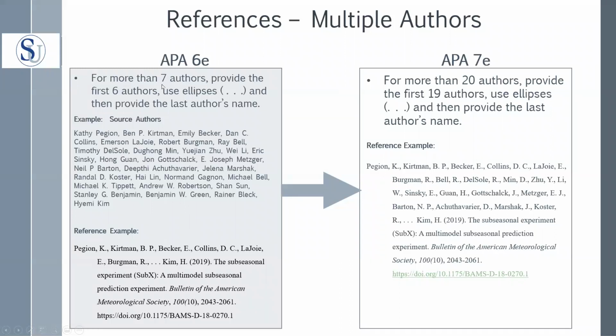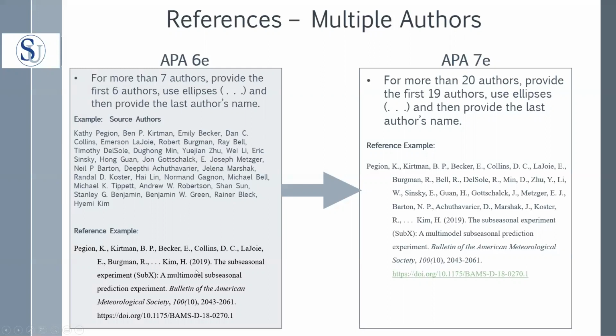If there were more than 7 authors, students listed the first 6 authors, followed by an ellipsis, and then they provided the last author's name. So in this example here, where there's approximately 24 authors, in the 6th edition, students would list the first 6 authors, an ellipsis,